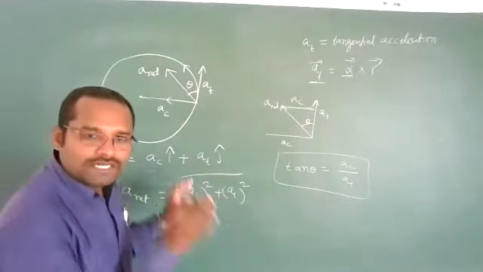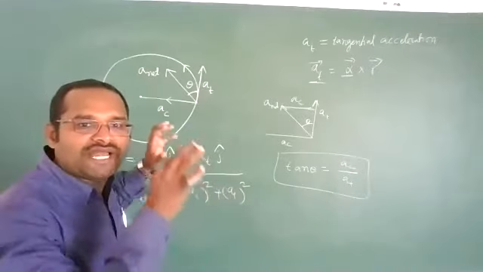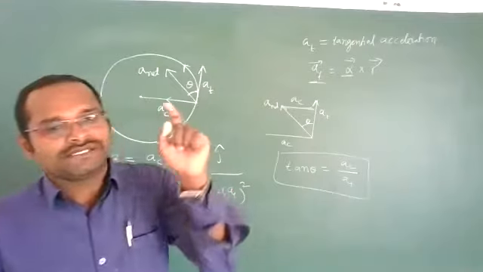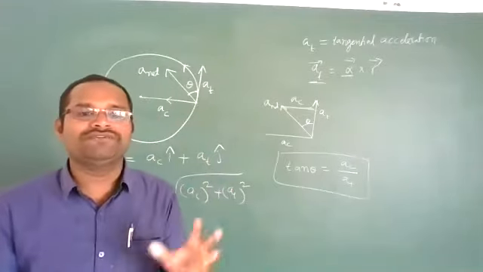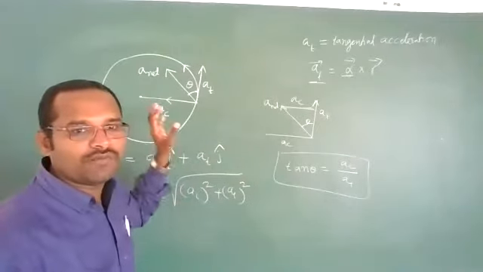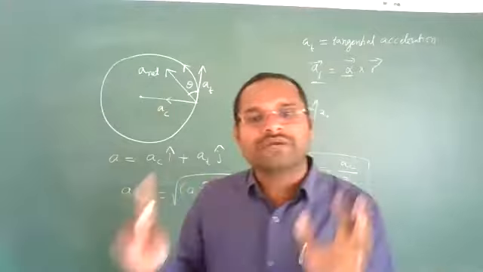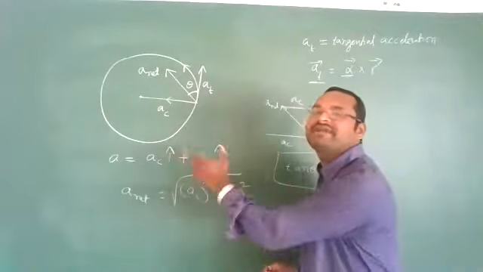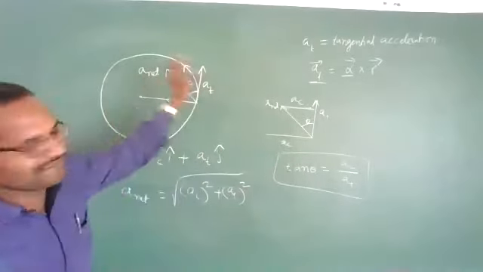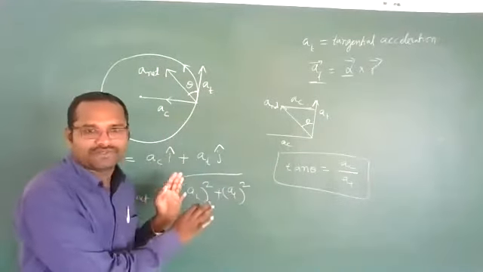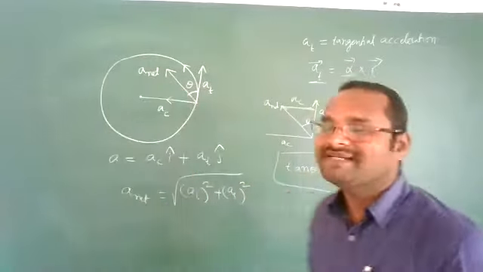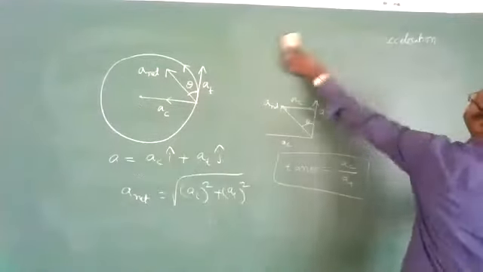Clear? Till now, whatever I have discussed in this circular motion, the same story will repeat in system of particles and rotating motion. Actually, we should discuss it there only, but you would get so many doubts when I discuss uniform circular motion. Uniform circular motion is a small topic given in this chapter. If I want to discuss that topic, you should know all these things. That's why we have discussed them here now. This is not related to your chapter here. Now, your chapter is related to uniform circular motion.